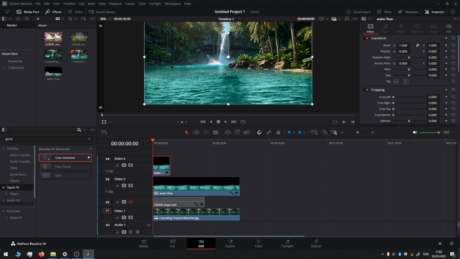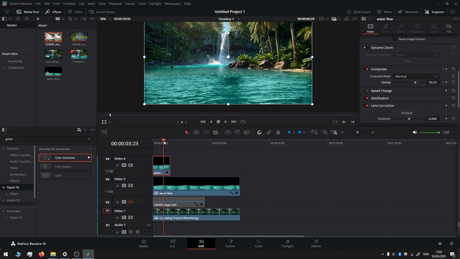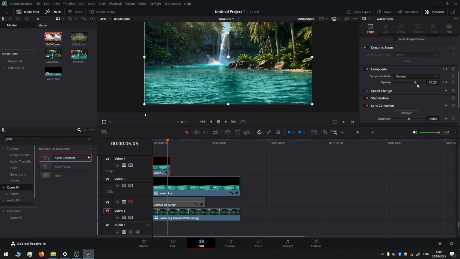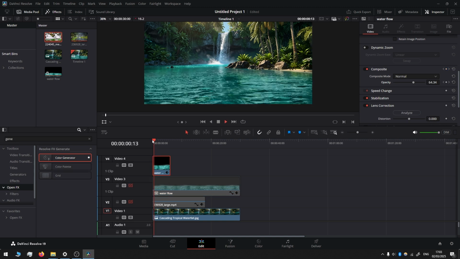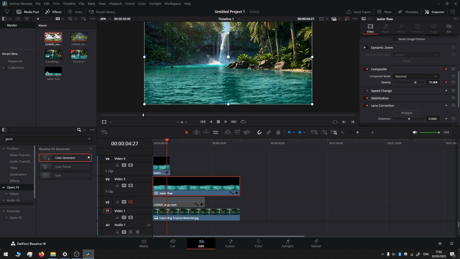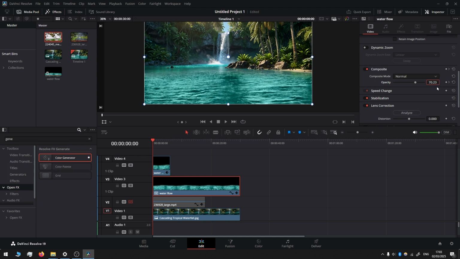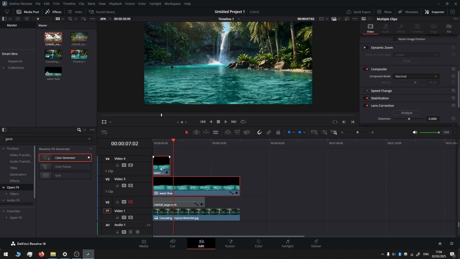Have this one selected. We add a keyframe, move further, almost to the very end, and reduce the opacity to 0. And the keyframe is added automatically, right? If you disable it, you will see how it vanishes away. Now we're gonna do the same thing here. First add a keyframe here where the other one is finishing, and then go to the very beginning and I add 0 here. Then we can select both Waterflow clips, new compound clip,